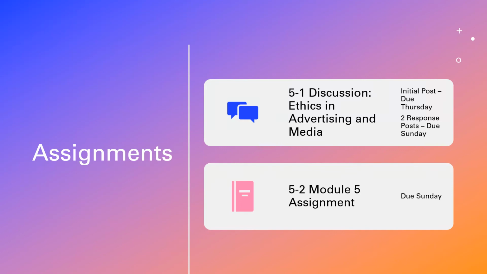In your Module 5 assignment, you are going to finalize your research question, take a deeper look into processing information using social science perspectives, and discuss how finding the answer to your research question may impact others. Make sure you're checking your feedback from last week's assignment to see if you need to make any changes to your research question. Your Module 5 assignment is due by 11:59 p.m. in your time zone on Sunday.